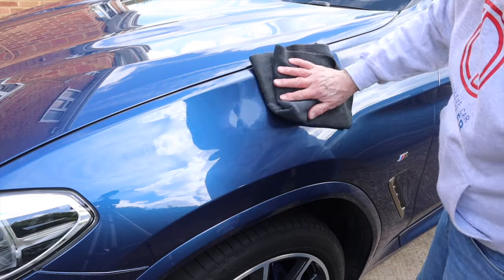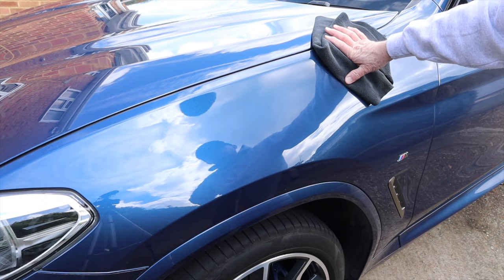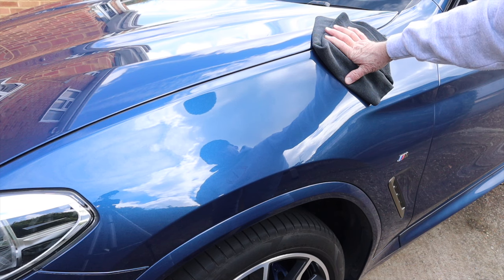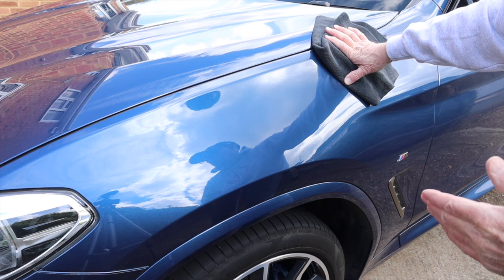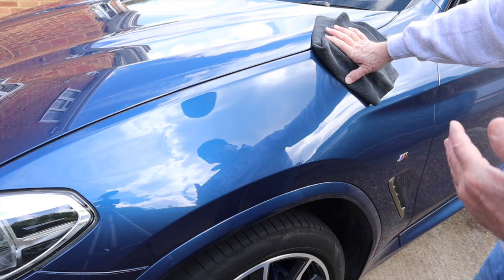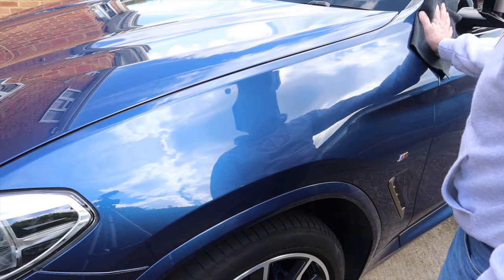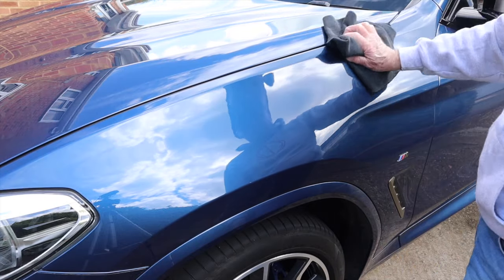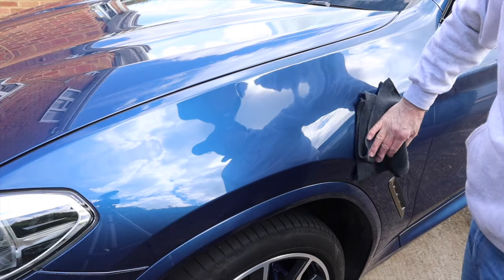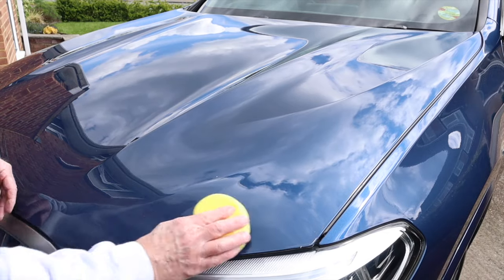What we'll do, I'll do another panel or two, and then we'll put some water on the bonnet and see what it's like. So I'll do half the bonnet, and then we'll do a water test so you can see a difference between the area that's got the wax on and the area that hasn't. Give you an idea of whether or not it's something that you might want to play with. Right, let's do another panel. Okay, we'll do this half of the bonnet,